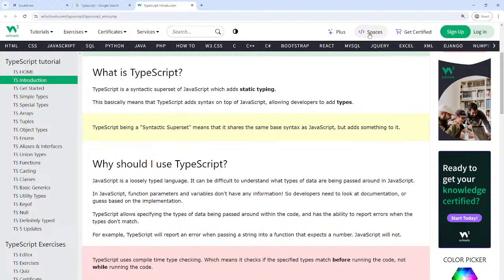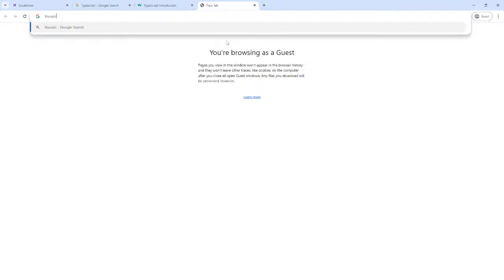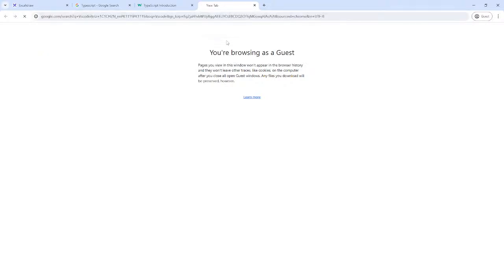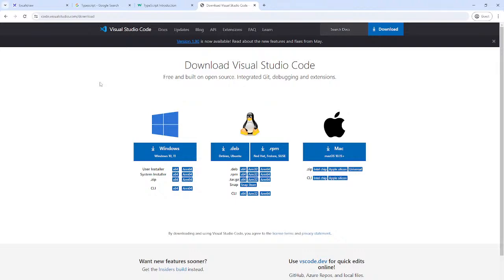So first things first, we are going to install VS Code. I already have it installed, but for those of you who don't, I'll guide you on how to download and install it. Simply type VS Code in whichever internet browser you're using, and then for your respective machine you can download it, for Windows, Debian, Ubuntu or Mac.